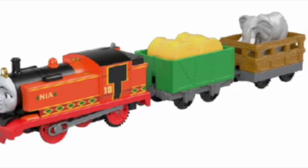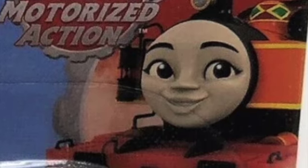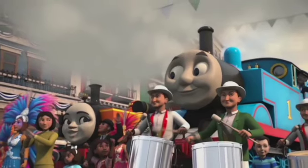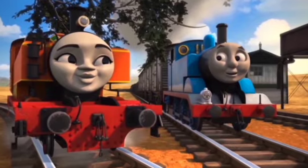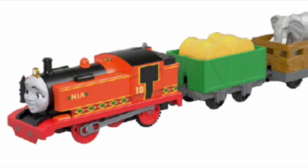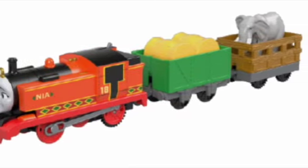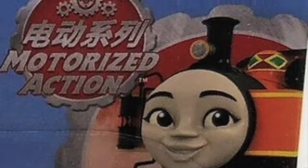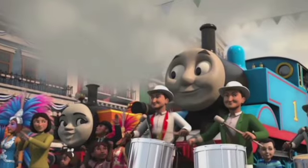Now, we don't know much about her original design, but what we do see is that she was never going to wear the African flag on her, and the orange color was less neon. Honestly, I much prefer this to the final design. I think it's a much better take on Nia. And yeah, just a shame that we could have never gotten this. Next up,